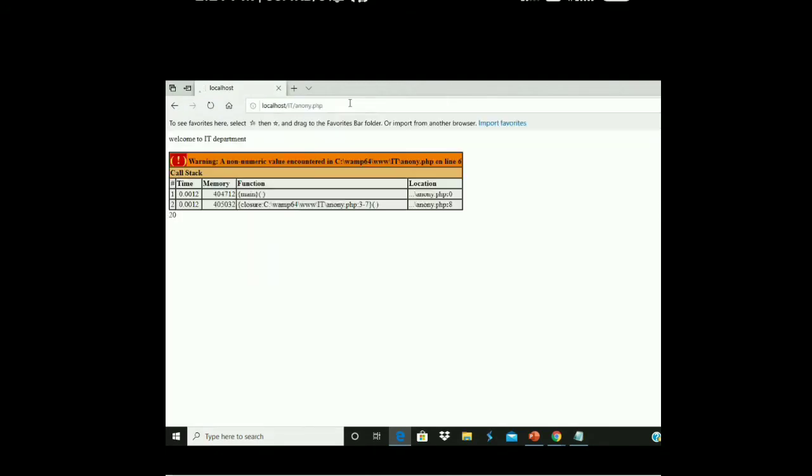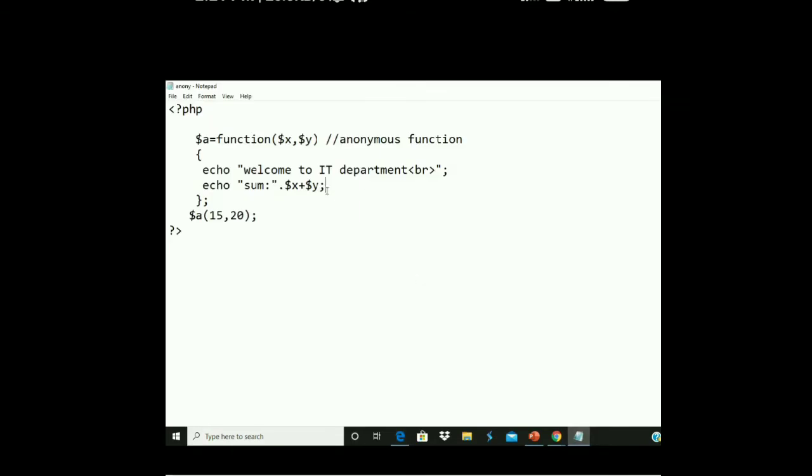Anony.php, a non-numeric value encountered in line number 6. Okay, just put like this. If string concatenation is missing, then you just put like this.